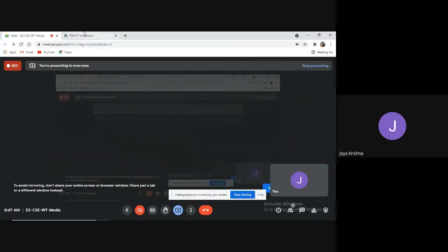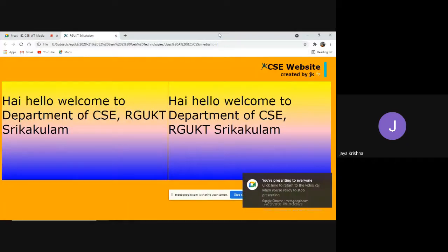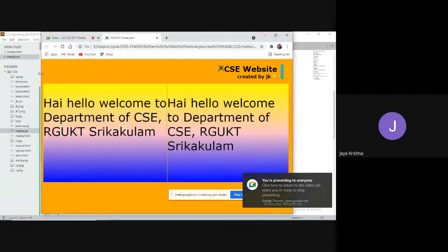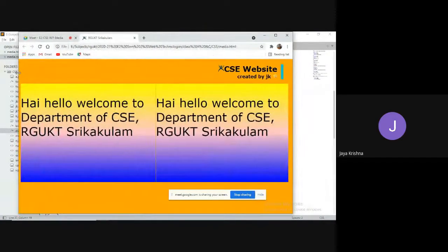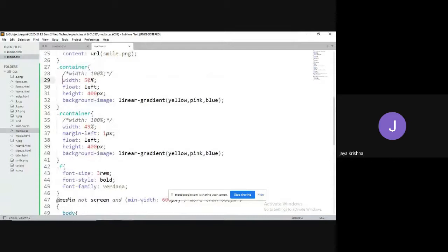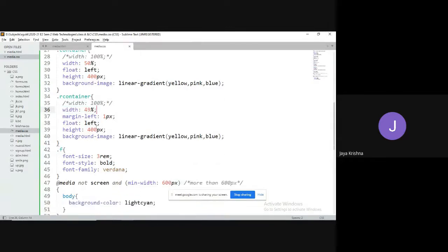I'm sorry, actually I closed that. So instead of that, I would like to combine them line by line. Observe, they are automatically adjusting. So for that, we can convert this property. Instead of getting the width as 50%, if my screen width is decreasing, I need to convert this width to 100%.